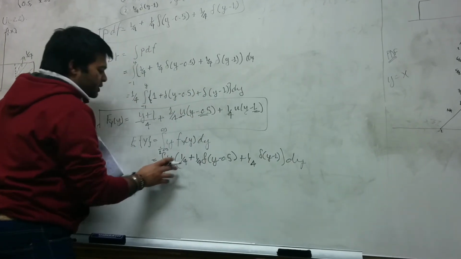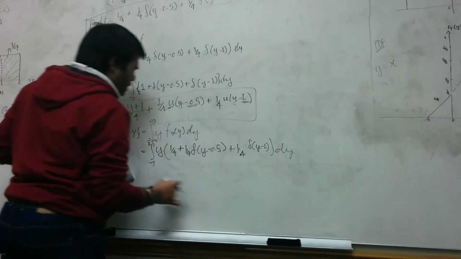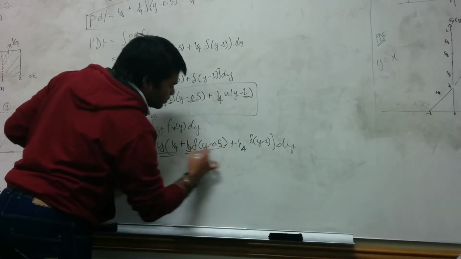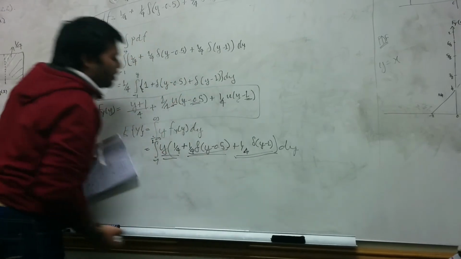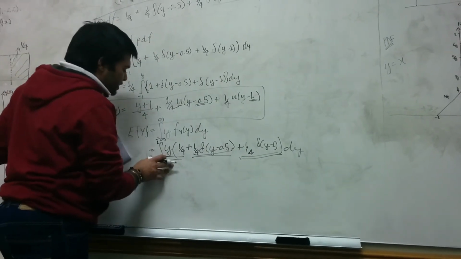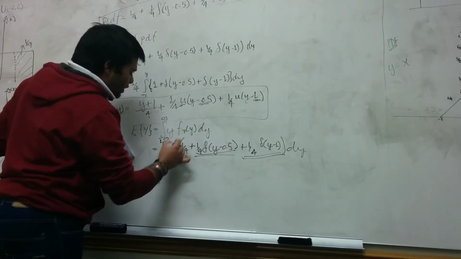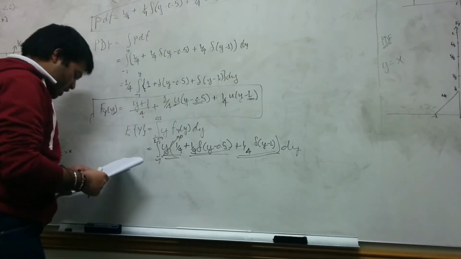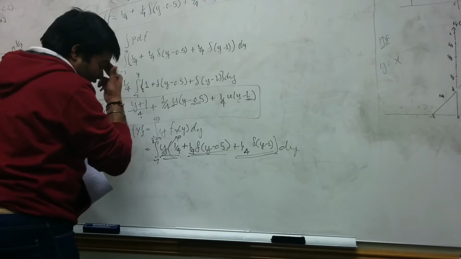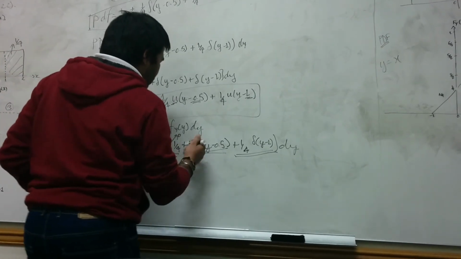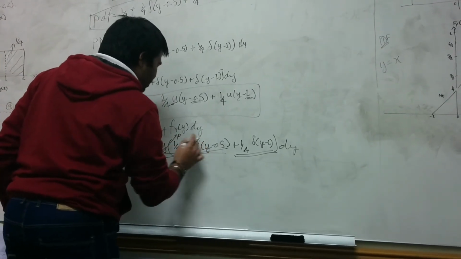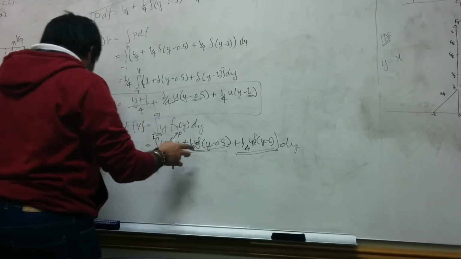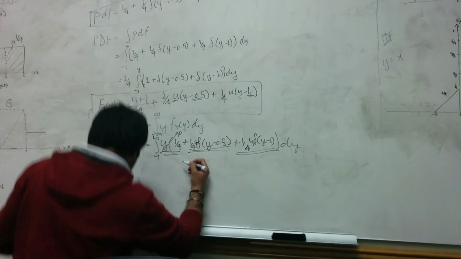We can split them individually and solve, and on splitting we get these three terms and integrate individually. When we split we will see that it is an odd function, so its integration over a symmetric interval would become 0. And on integrating the delta functions with a linear function that multiplies the y inside, it would be the value of the function at that point, so it would become